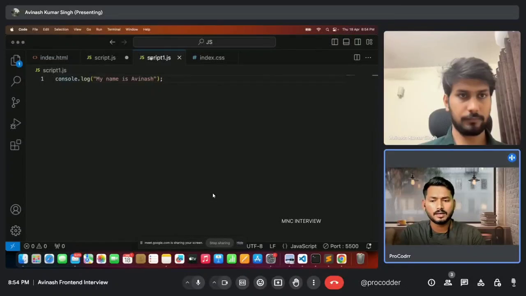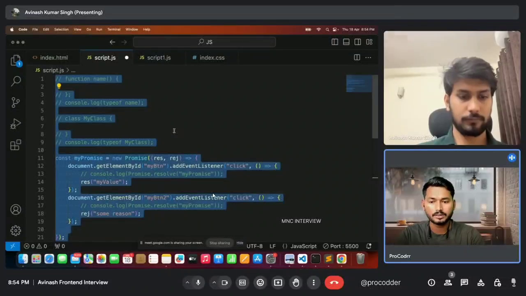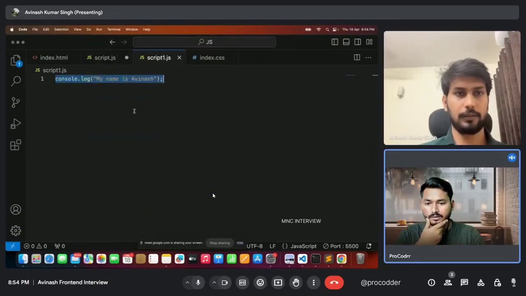What I would ask you to do is make a copy of this file and delete all the code from this file, just for backup. Make a copy of script.js file so that it is available for your backup. I want this file to be cleaned. So just make a copy. Just do Control C and Control V, like Command C and V.